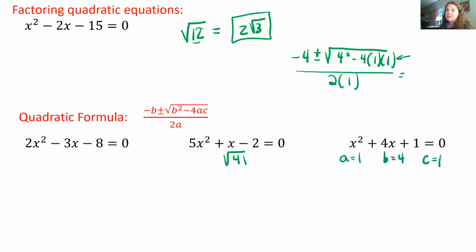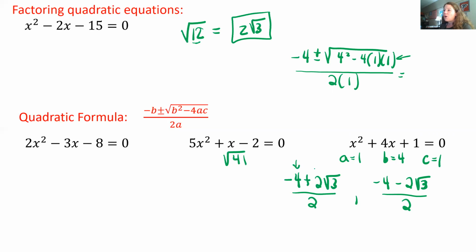But square root of 12 simplifies to 2 square roots of 3. So we're going to write -4 plus 2 square roots of 3 over 2 times 1. And then we're going to write -4 minus 2 square roots of 3 over 2. All right, now this one is also a little bit different because when you have all the numbers outside the